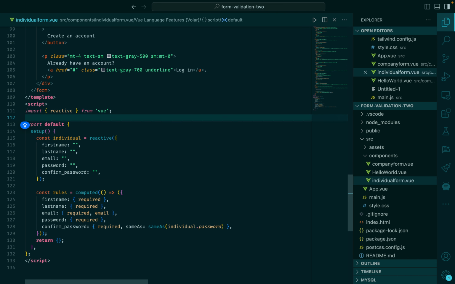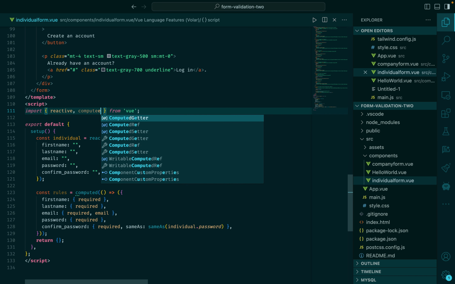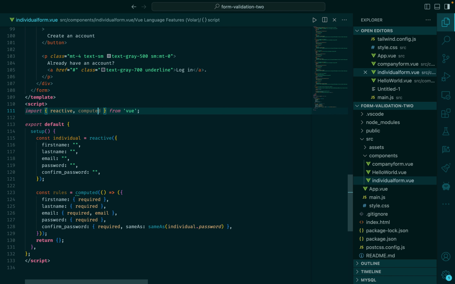Yep. And I will import something again I have missed in the other component, the computed. You have to import this as well. Yeah, computed. Yep, computed, right? Yep, something like that. So I will import, what else? I'm going to use Vuelidate as well. So import useVuelidate